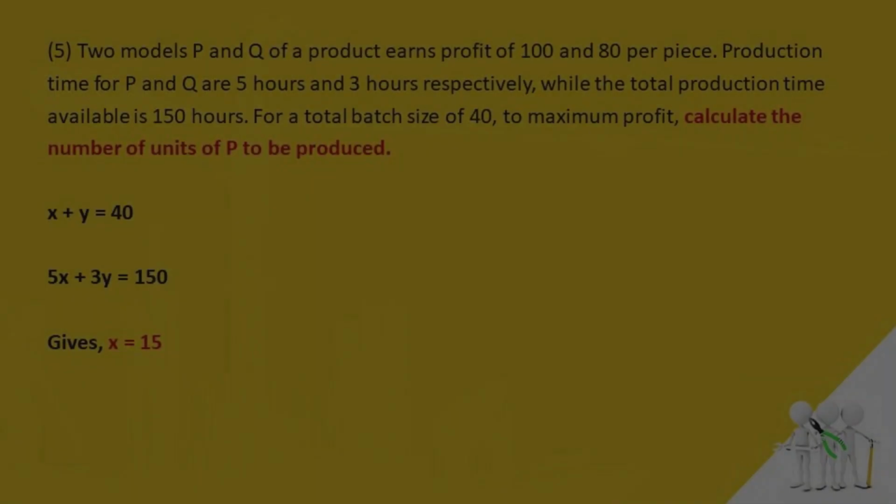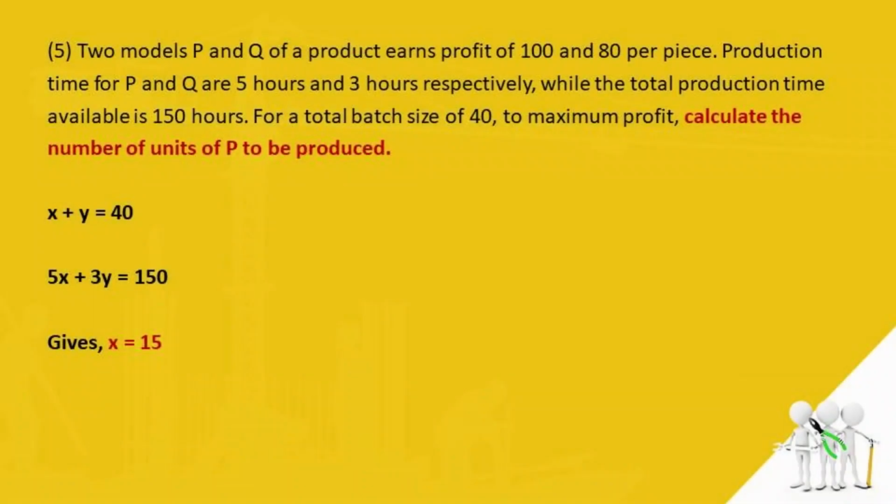Next question. Two models P and Q of a product earn a profit of 180 per piece. The production time for P and Q are 5 hours and 3 hours, while the total production time available is 150 hours. You have to calculate, for a total batch size of 40 to maximize profit, the number of units of P